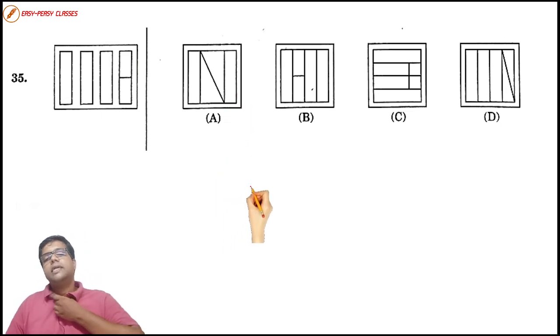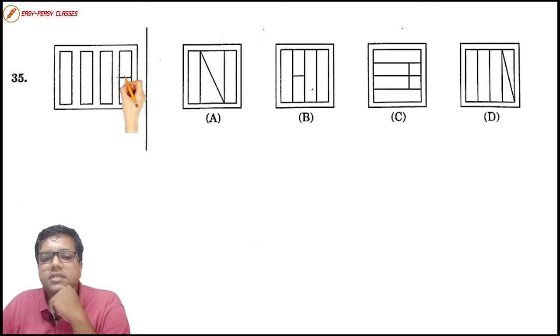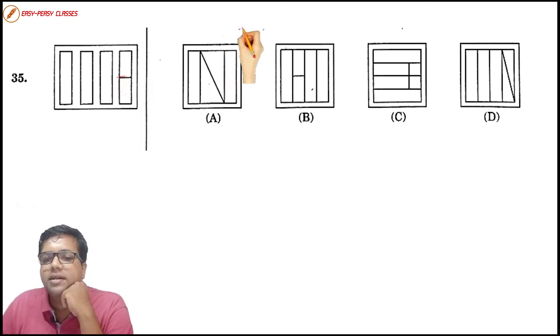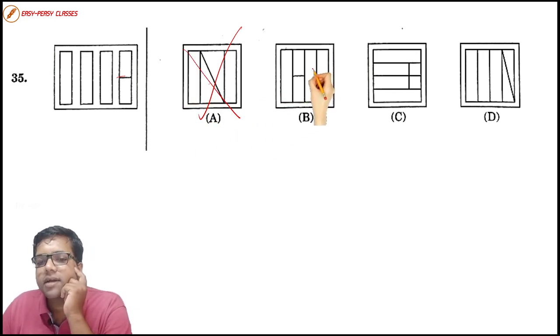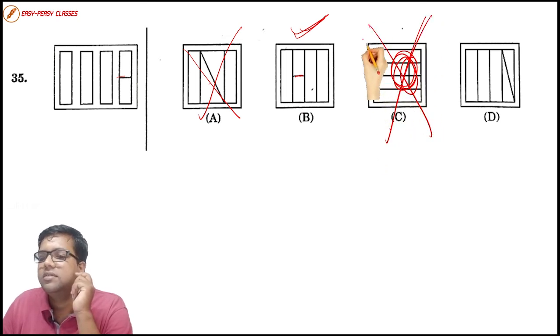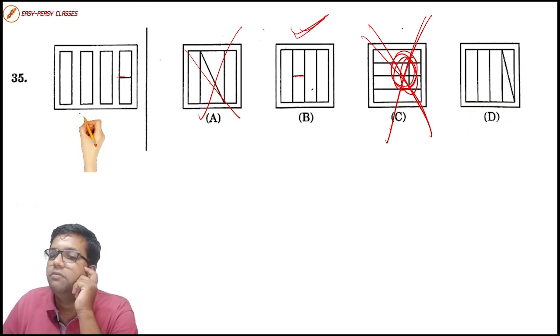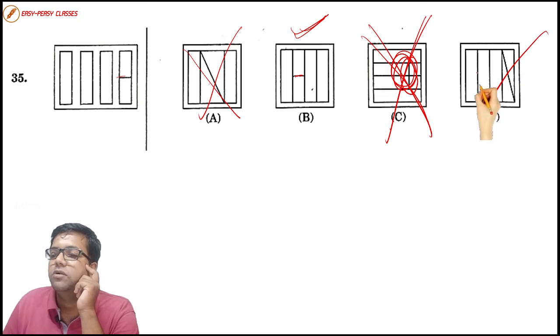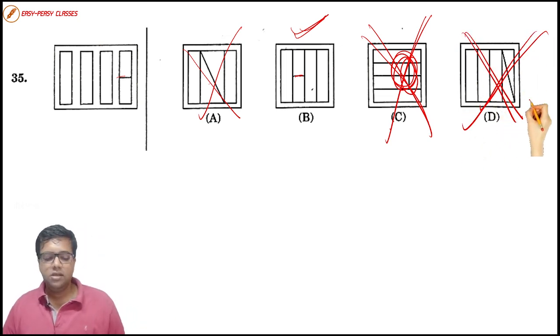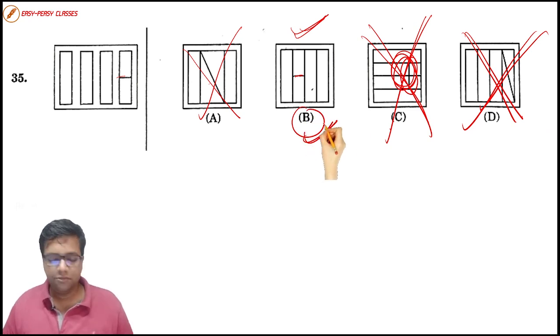So there are 4 rectangles where the length is very big, and there is another rectangle which is cut in half. Do we have 4 rectangles in option number A? We don't. Do we have 4 rectangles and one being cut in half? Yes, we have. Do we have 4 rectangles, one being cut? No, we have 2 cut in half, so we don't consider option number C as well. Do we have 4 rectangles? Yes, but there is a diagonal over here which is not present in the question figure. So we eliminate option number D as well. We are only left with option number B. The right answer is option number B for question number 35.